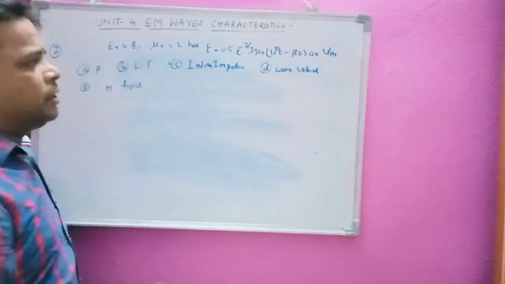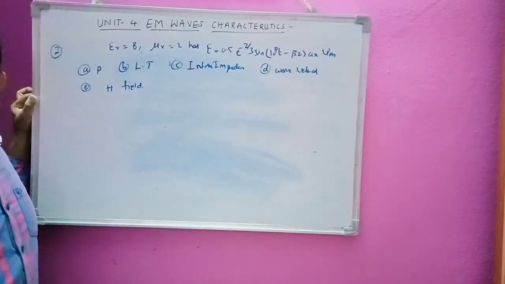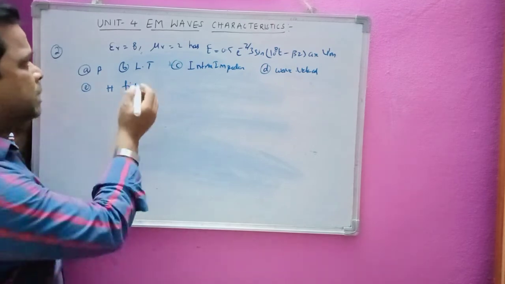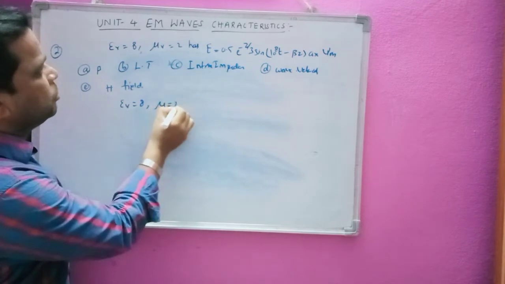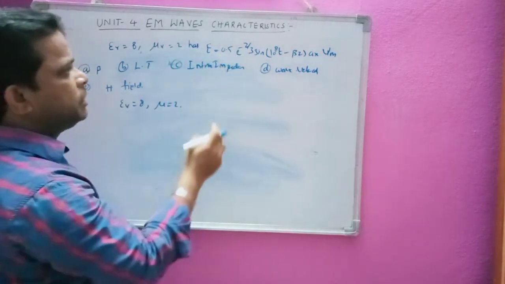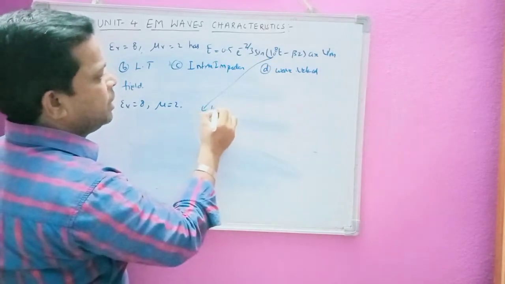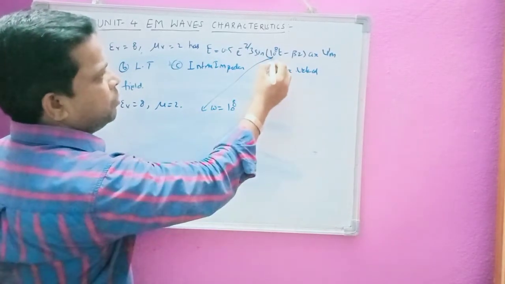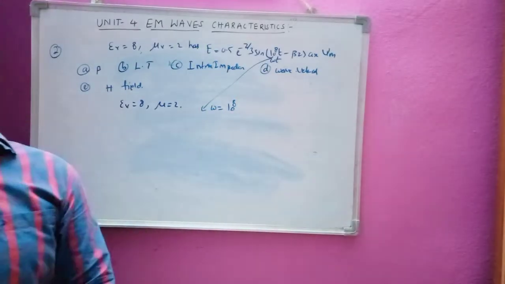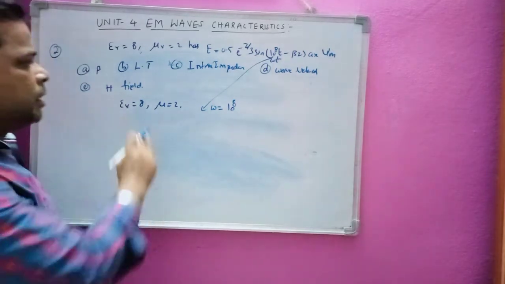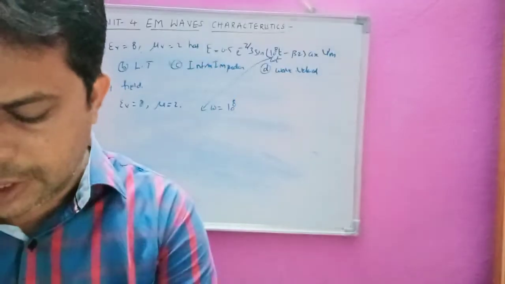So listen to the question carefully. He has given the values mu r, epsilon r, and that the wave is propagating through a medium. Doesn't matter what the medium is. So let us write the given data here. Epsilon r is equal to 8 and mu r is equal to 2. He has given this value of E also. From this E we can calculate omega, that is, omega is equal to 10 power of 8, because we get omega t minus beta z. No beta value is given here. He has given omega and alpha, and from this we can calculate the value of beta also.